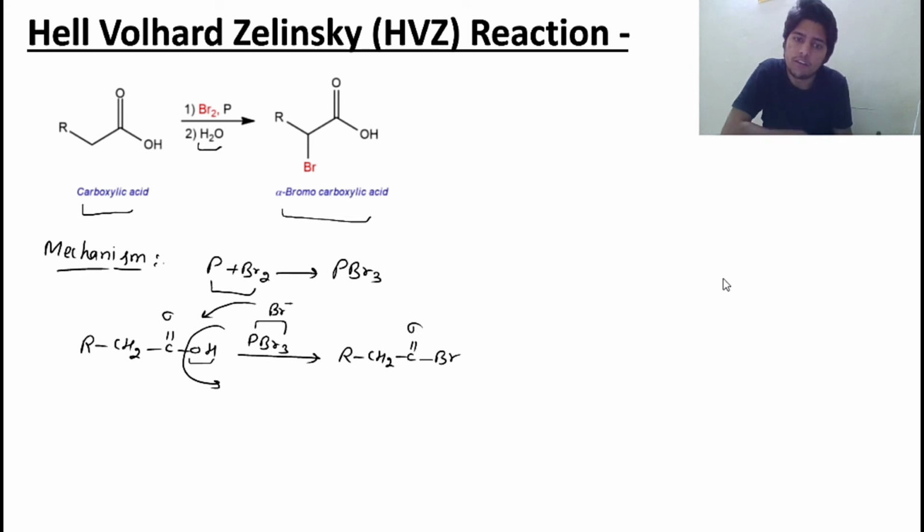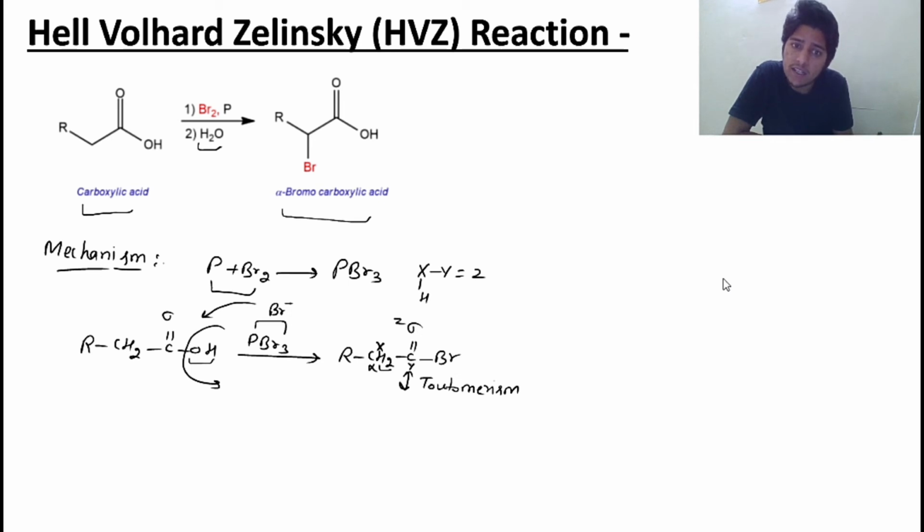Now we need to tautomerize this compound. The process now going on is tautomerism. Here we have the alpha carbon, and it has 2 alpha hydrogens by which we can tautomerize this compound. The trick to tautomerize: suppose we have X, Y and a double bond Z. X should have at least 1 hydrogen. This is our X because here we have 2 hydrogens, and this is our Y and this is our Z.